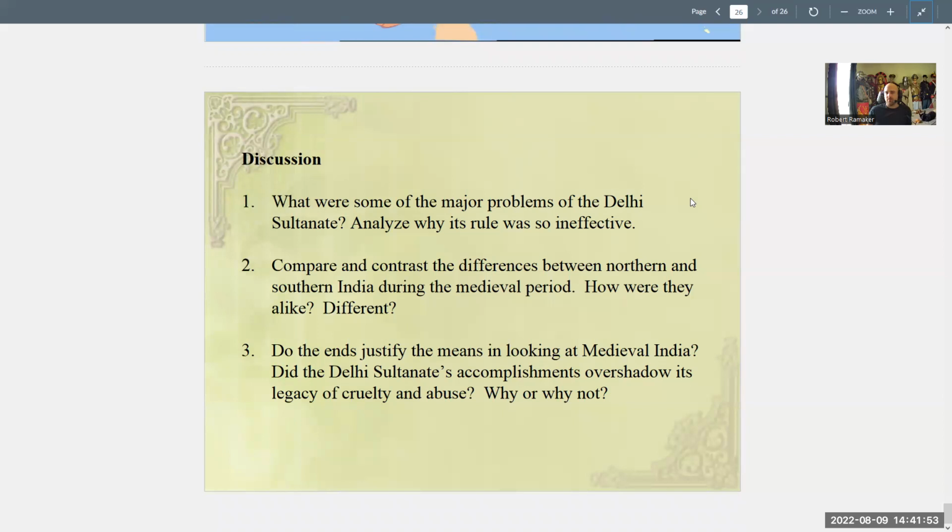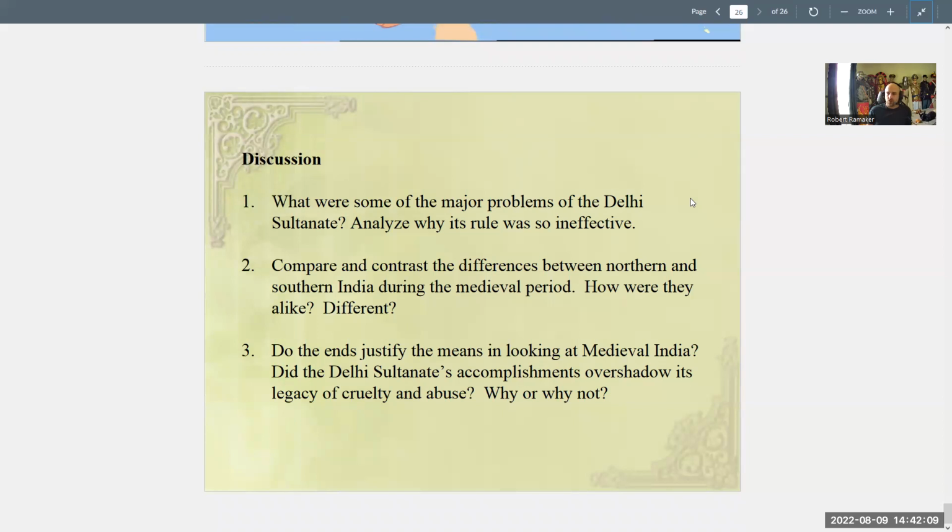What were some of the major problems of the Delhi Sultanate? Number two, compare and contrast the differences between North and South in India. And number three, do the ends justify the means in looking at medieval India? This is a good question. Did the Delhi Sultanate